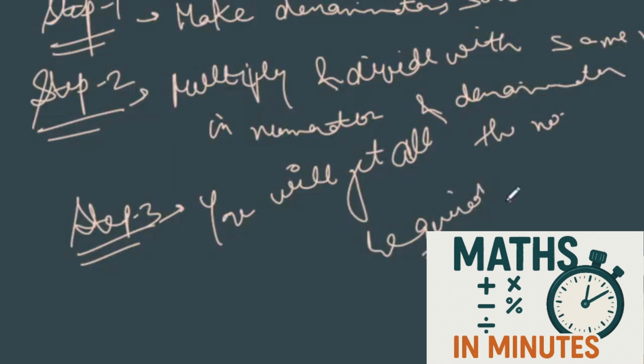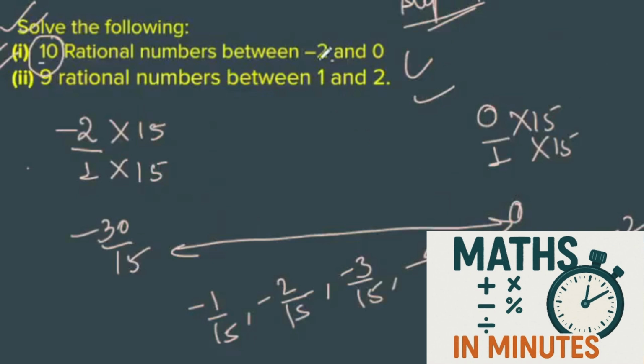Now you will say मैम यहाँ पे तो ये दोनों whole number नहीं, they were integers, so it was easy to calculate कि कितने rational number lie करेंगे. Let's take a fractional value. For example, you want to calculate 1/5 और 2/3 के बीच में let's say 15 rational numbers you want to calculate. So what you will do is,